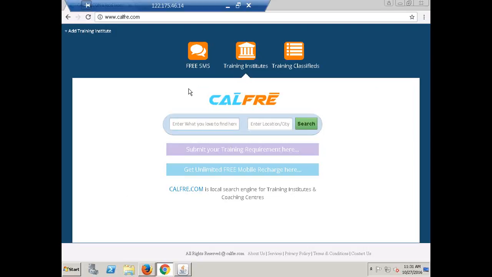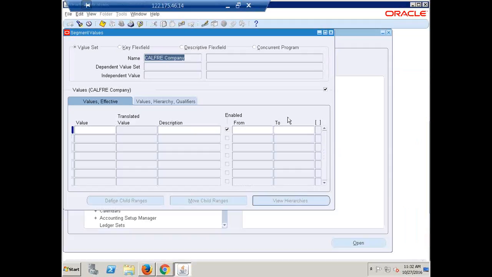If you take the example here, they are into some kind of trainings. When you talk about training, in this website you can find all the training institutes, maybe in Hyderabad or Bangalore or any city across India. Any location you can search for whatever training you are looking for, and you can find that information. So accordingly, I am going to take the name. I'll take one of the company names here. I'll give the value as 1,000, and I'll say